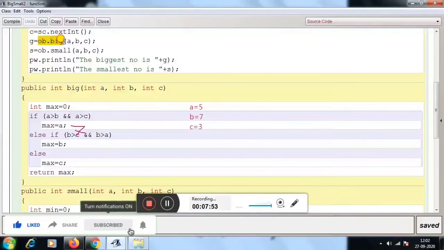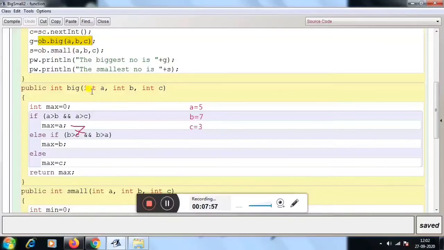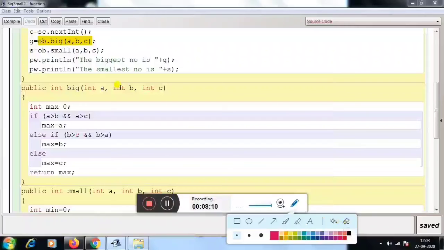Then the output of ob dot big within bracket a comma b comma c will be 7, so the value of g will be 7. Accordingly, the biggest number will be printed.